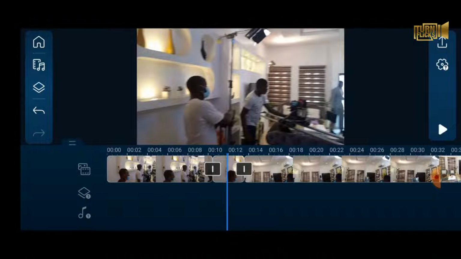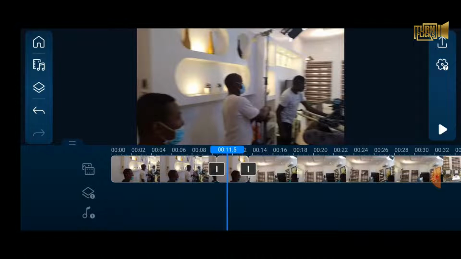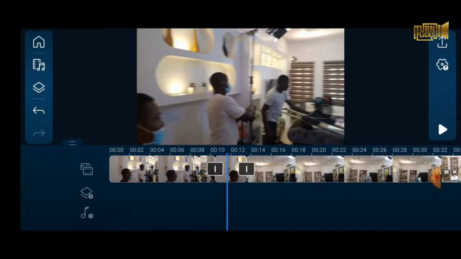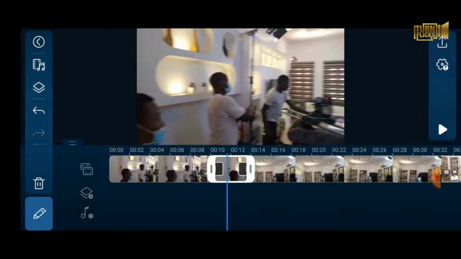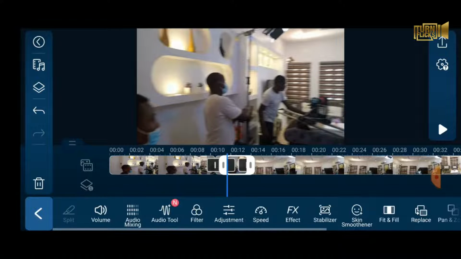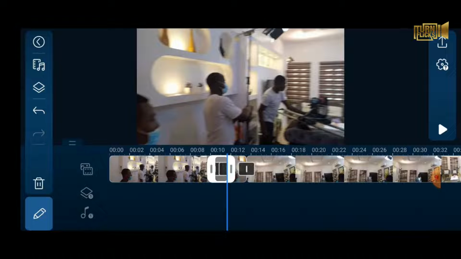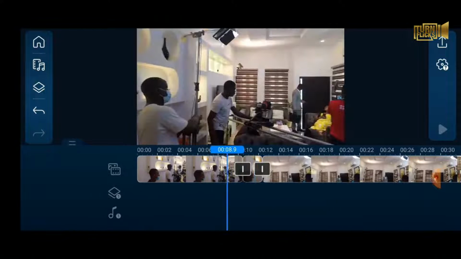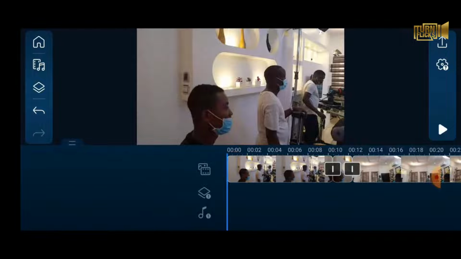So I'll cut. I want to fine tune it again because I don't really need my face. I'll cut once the camera is panning away. Remember, click on the clip, your pen icon, split, and then click it. So if we play again,